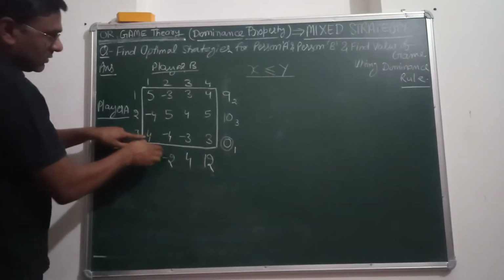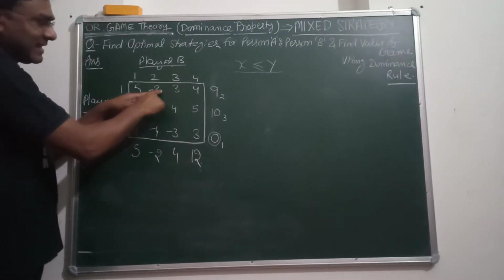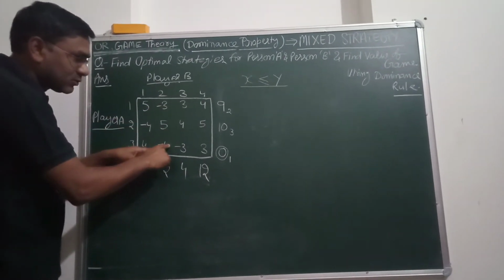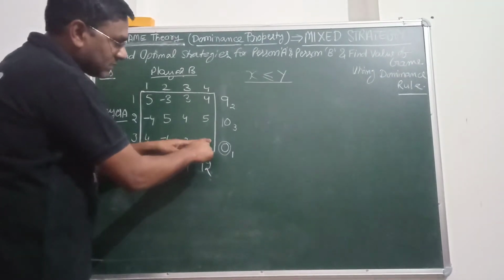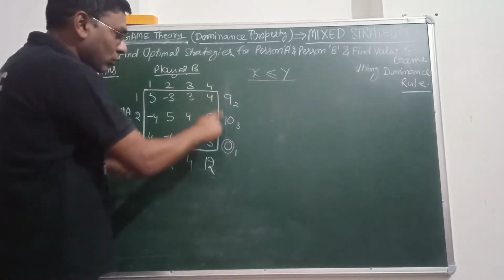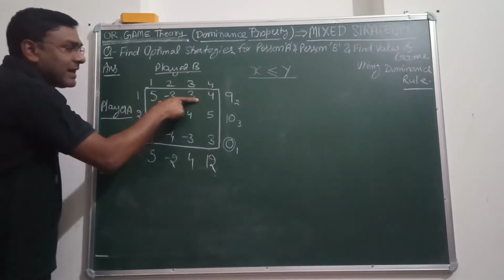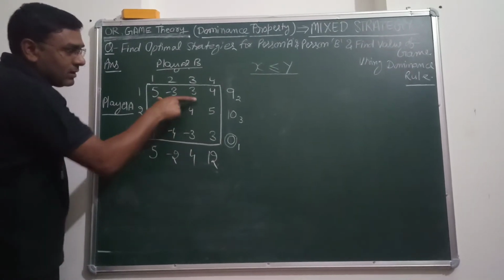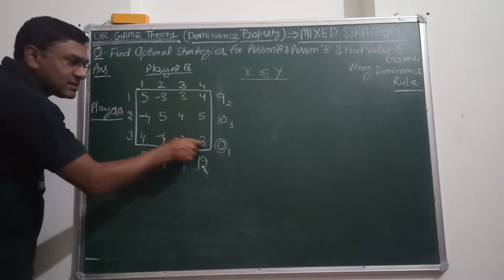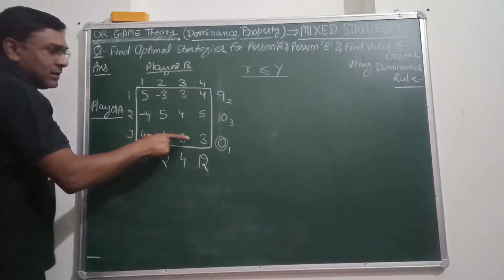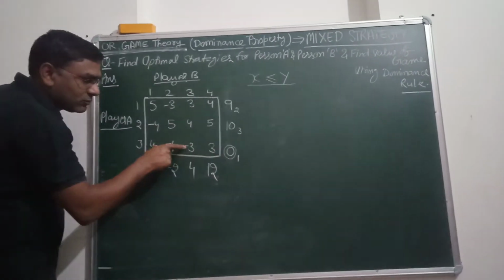So 4 is lesser than 5, condition is satisfied. Again, -4 is lesser than -3, condition again satisfied. -3 is lesser than 3, so condition is satisfied, and 3 is always lesser than 4. So all the entries in row 3 are lesser than the values in the first row. So we can eliminate this row, as this strategy will minimize the gain for player A, and he will never try to use this strategy.